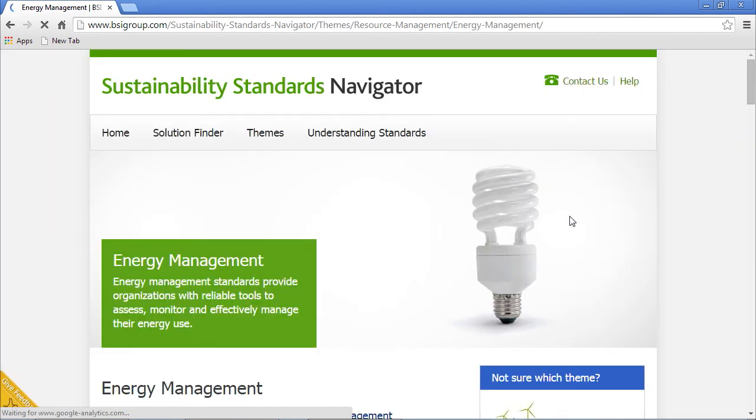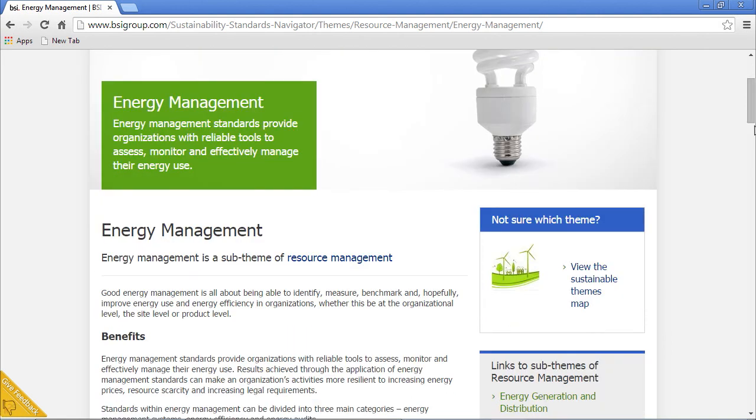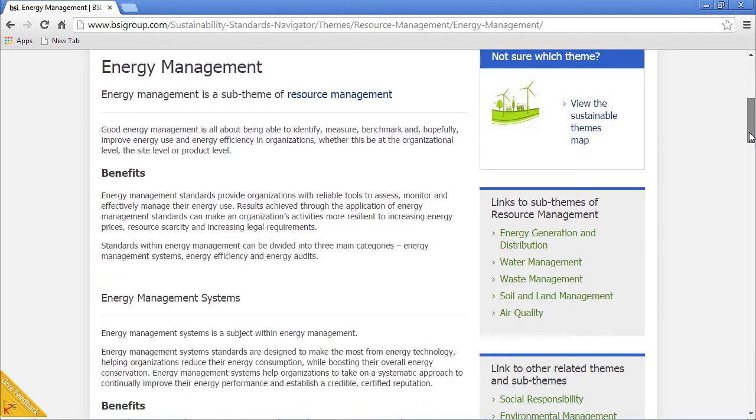Clicking on the energy management sub-theme link of the resource management theme takes you to the energy management sub-theme page. With slight variations between sub-theme pages for different themes, this is the type of information you can expect to find at sub-theme level: a reference to the theme the sub-theme belongs to, a short introduction or definition, a discussion of the sub-theme and/or the benefits that standards from within that sub-theme can deliver, and specific subjects that standards within that